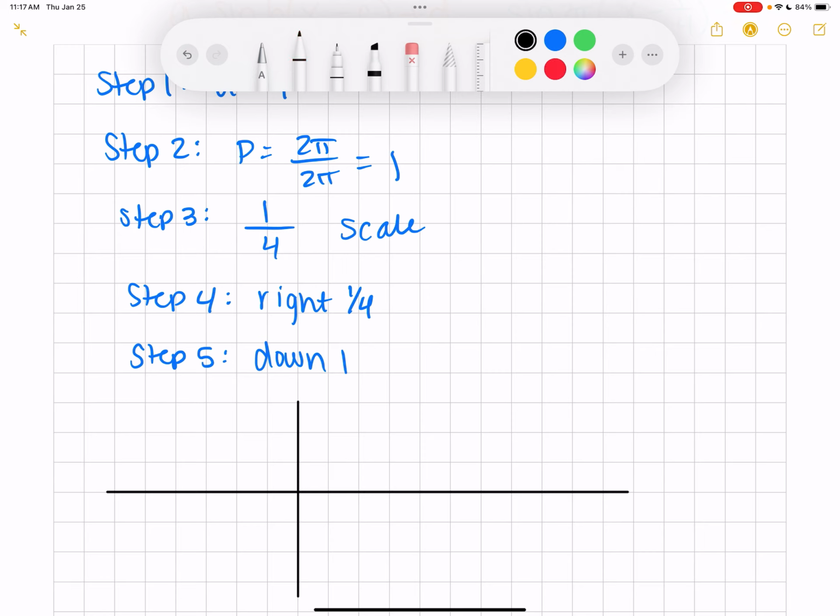So the period is 1, so I'm going to go out to 1. On both sides? I'm probably going to count by 2s just so it's split up a little bit, but we can do both sides, or you can just do one. It doesn't matter. I might just do one side, because if you can do one side, you can do the other. Okay. So this is going to be 1. So then increments of a 4th. And so the nice thing about this is